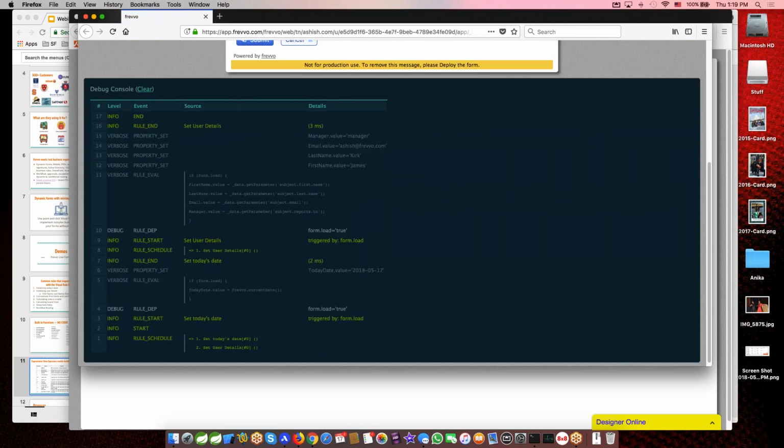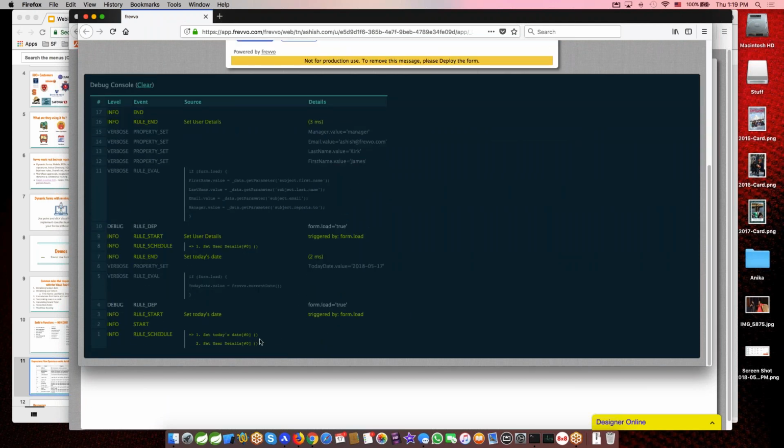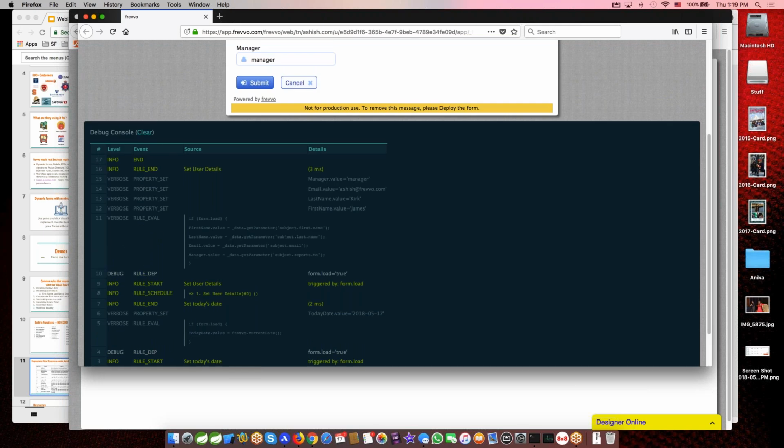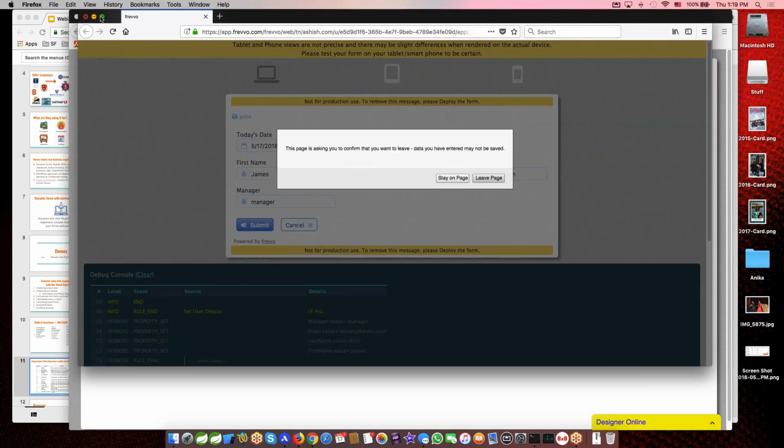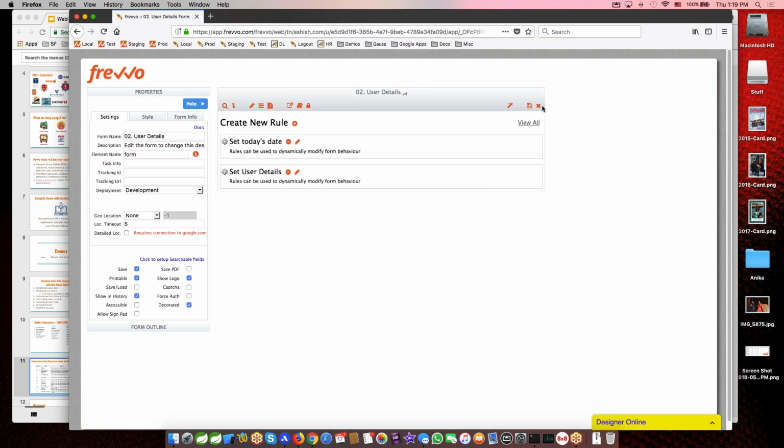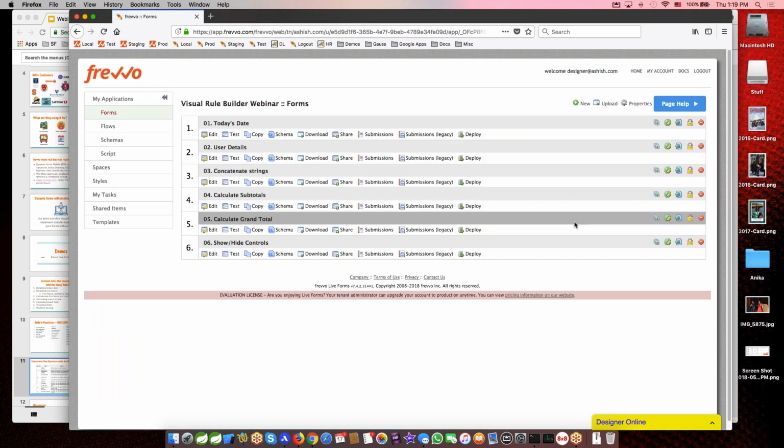So what you can see here in this debug console is it ran 2 different rules. There are 2 rules there, today's date and user details. The console is showing you that it set today's date to today's value, and then it ran the other rule which set the first name, last name, email, and manager value to the values that it retrieved from the login user information. So those were 2 relatively similar and pretty straightforward examples on how you can initialize fields in the form with information that the system already knows, either the date or based on the logged in